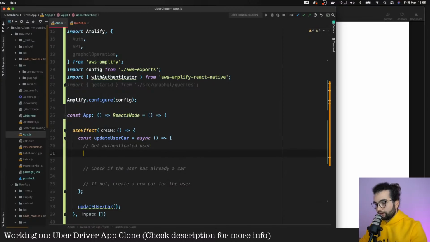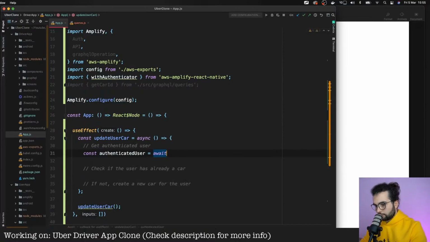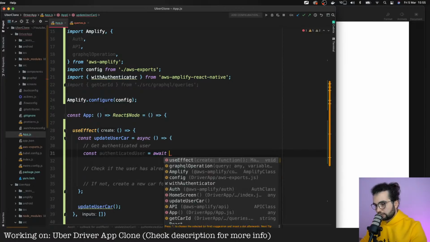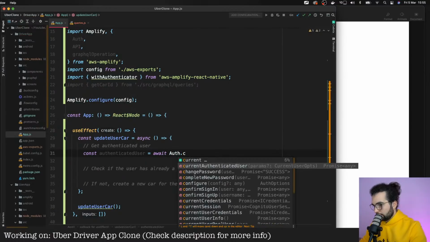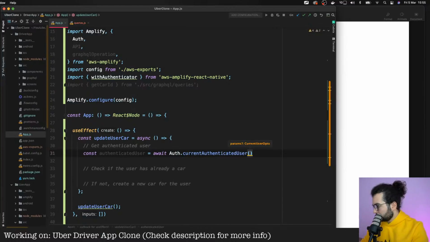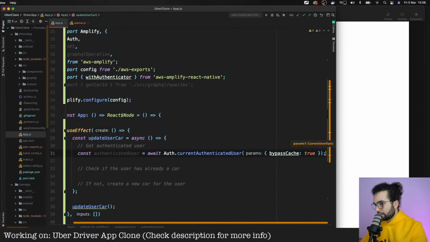Okay, let's start with the first step. To get a current authenticated user is equal to auth.current authenticated user. And we can also say bypass cache true, so we make sure that it's not taken from cache, but it actually does a request.